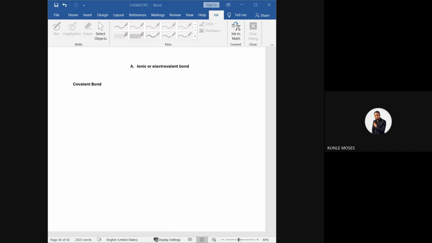For example, NH4 plus. There's no way I can explain NH4 plus without drawing. Nitrogen has the lone pair that is there, and hydrogen needs electrons to fill it up. So nitrogen will donate both electrons for hydrogen to fill up. Is that taken? Don't worry, in the next class I will draw so that you understand better.